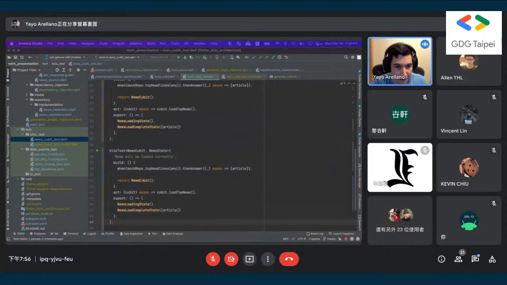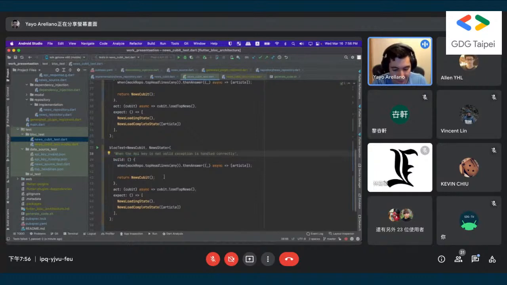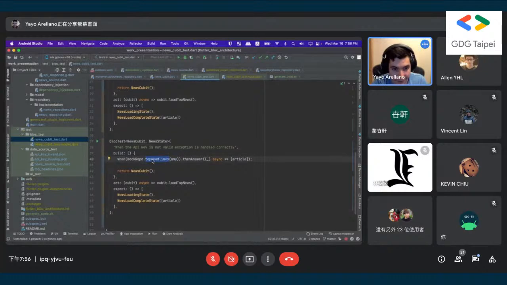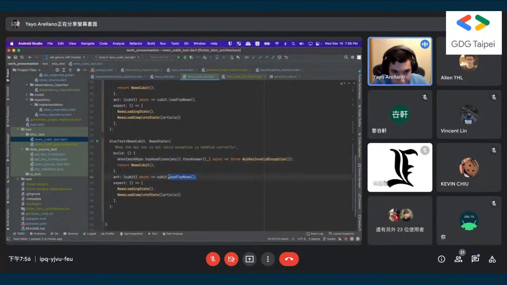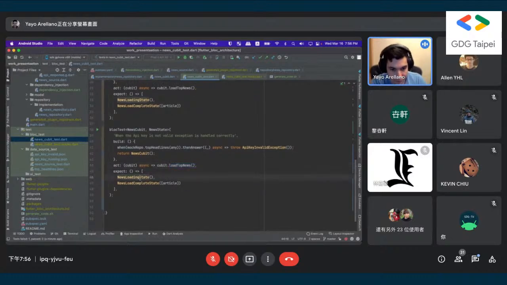So for this test, I want to test when the API key is invalid. So when I call the API top headlines, then I'm going to throw an exception. Instead of returning an article here, I throw the API key invalid exception. Then I return this Cubit, then I call load news. Then I will have the loading state, but then I will have here another state